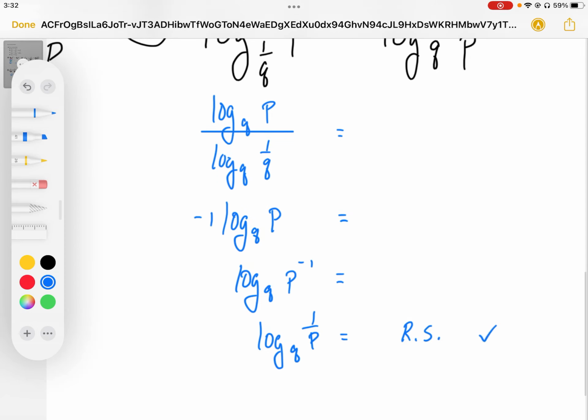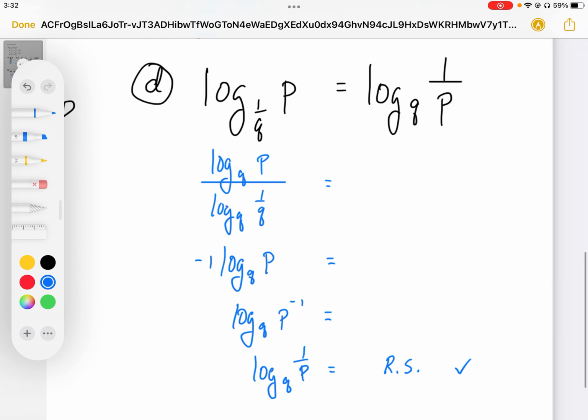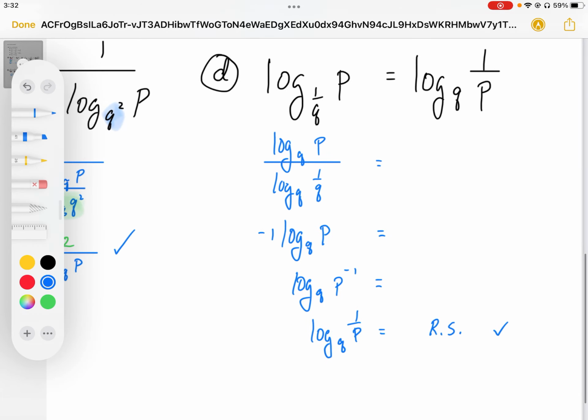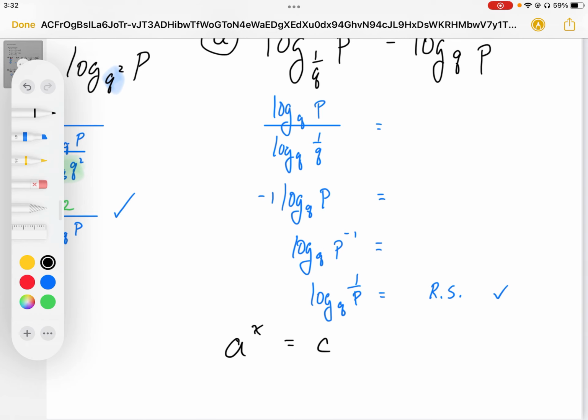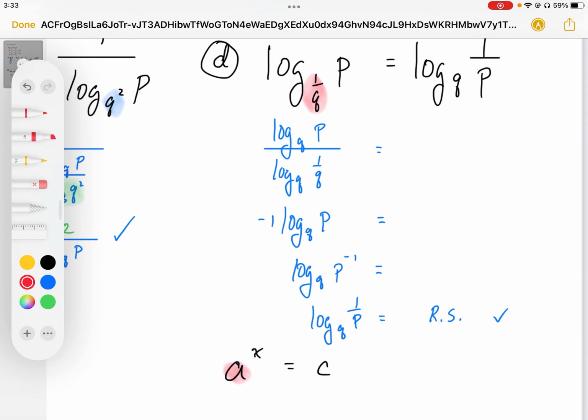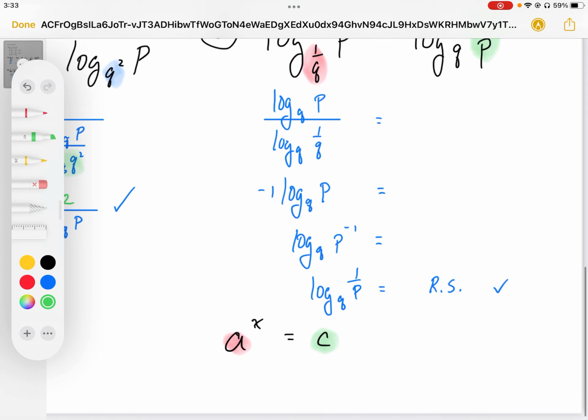My identity is proven. Now, this actually does make sense if you think about it, because if you think of an exponential expression, I have my base a, I have my argument c, and I have my exponent x like this. I'm just going to color this the same. So there's my base, and here's my argument. And basically what it's saying is this: if I flip this fraction,